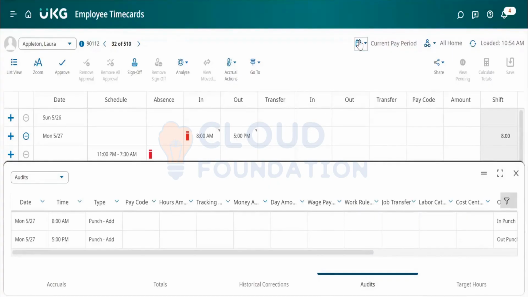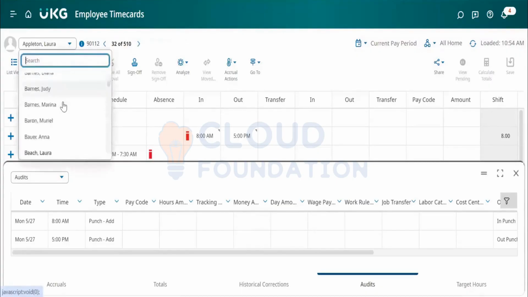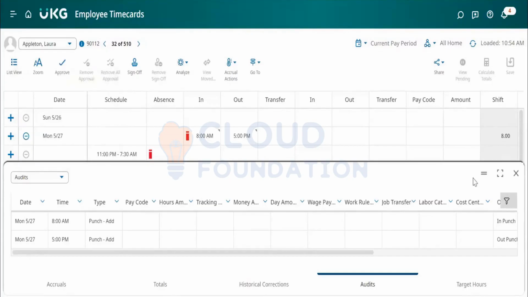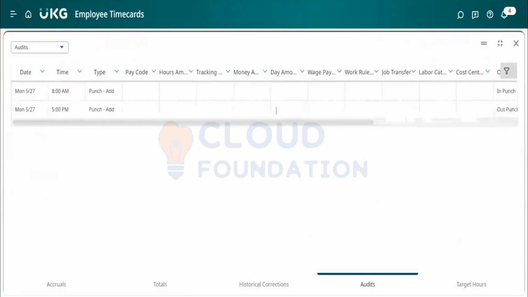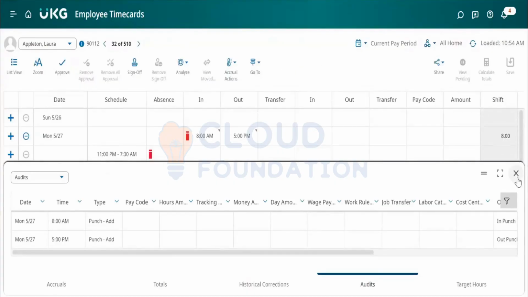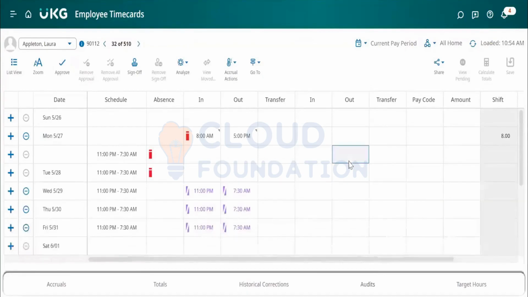Now this is the time period. Over here we have a drop down. We can search the employees, and see what all employees have access. If you want to maximize, you can maximize and see it in a larger view. Other than that,